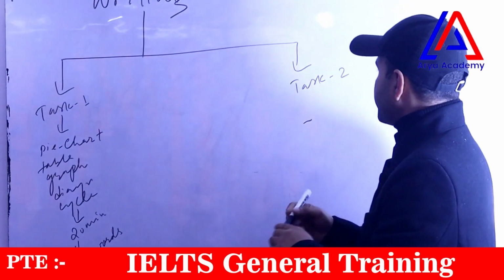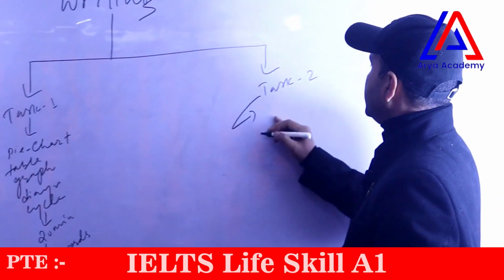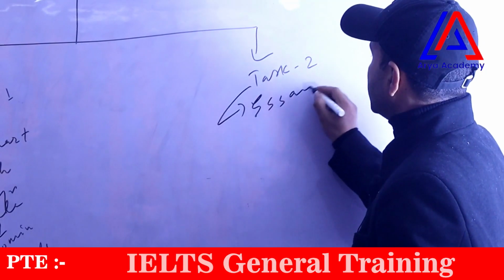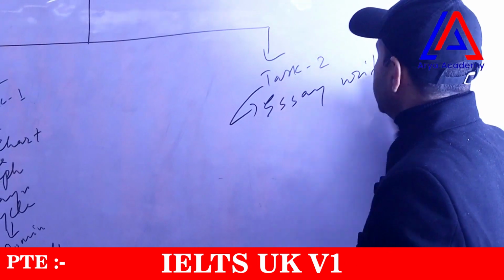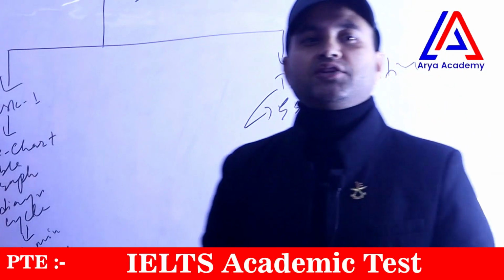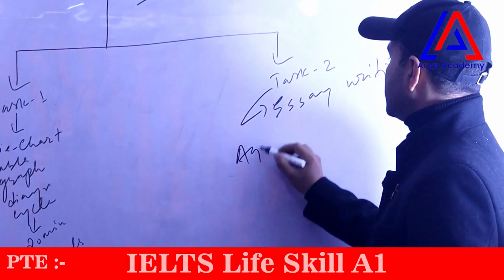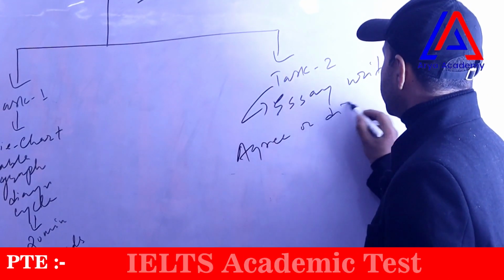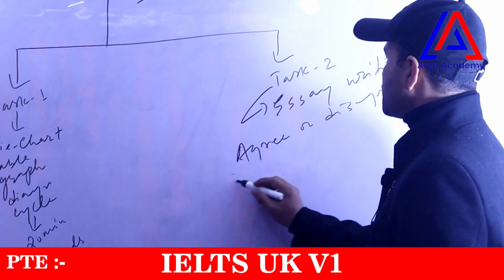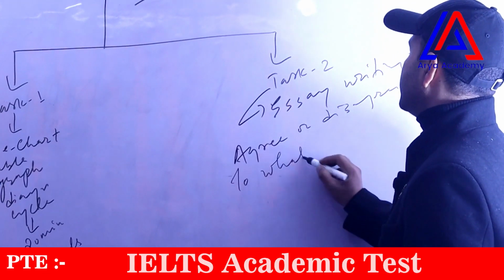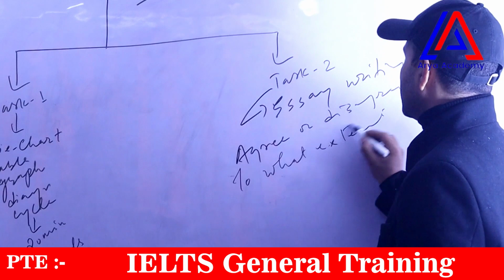So Task 2 is all about essay writing. Different modules of essays that you get here in Task 2. For example, you get an agree, disagree question, okay? Agree or disagree question. The next one, to what extent do you agree or disagree, okay? The question could be